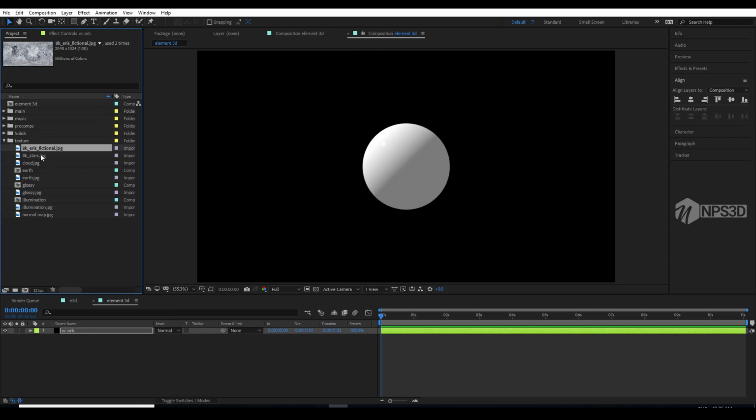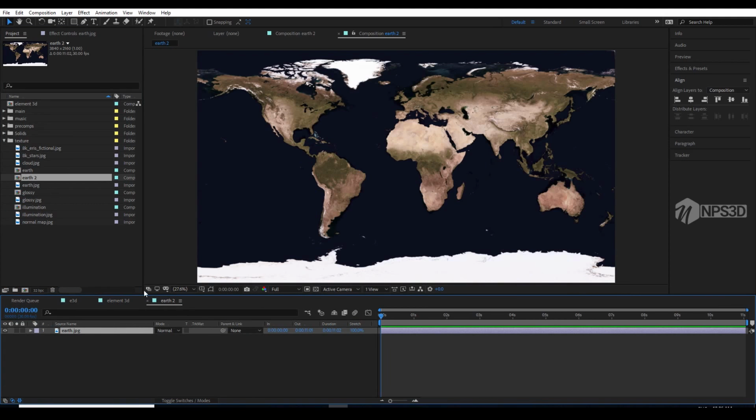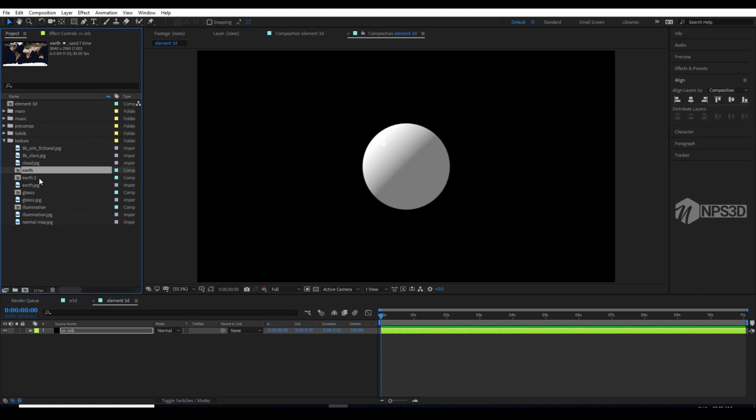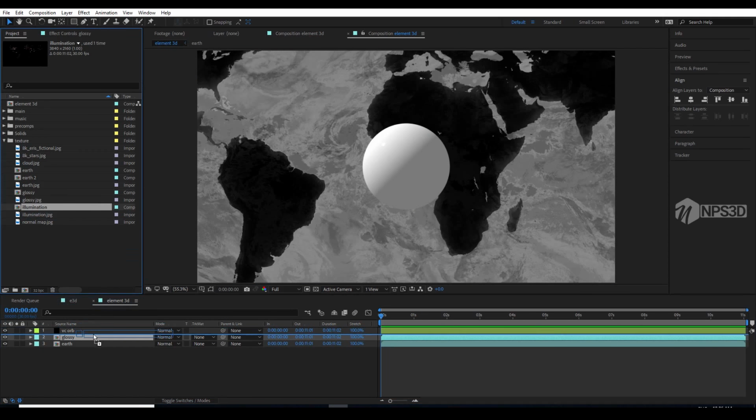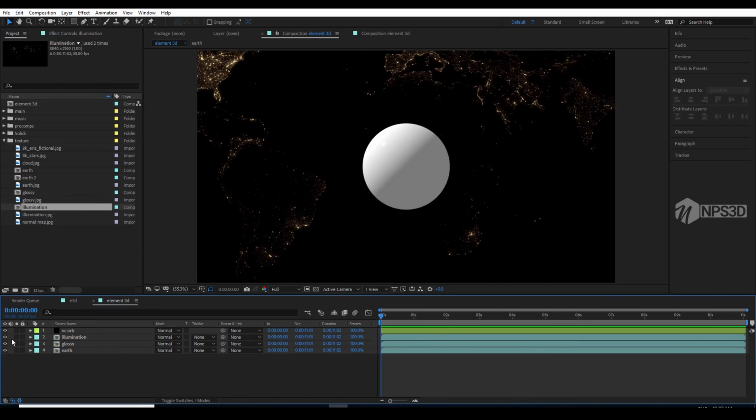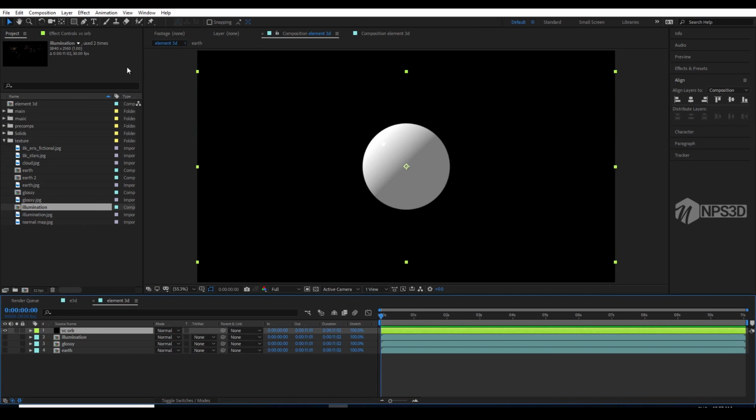So simply here are some of the textures, just like star, cloud, earth, and glossy. All these textures are in 4K. So here is the earth. So I just put it in a new comp and make something like the earth comp right here. So I already did this. So let me import the pre-comp earth, glossy, and the illumination, right? Hide this, go to the VC Orb,